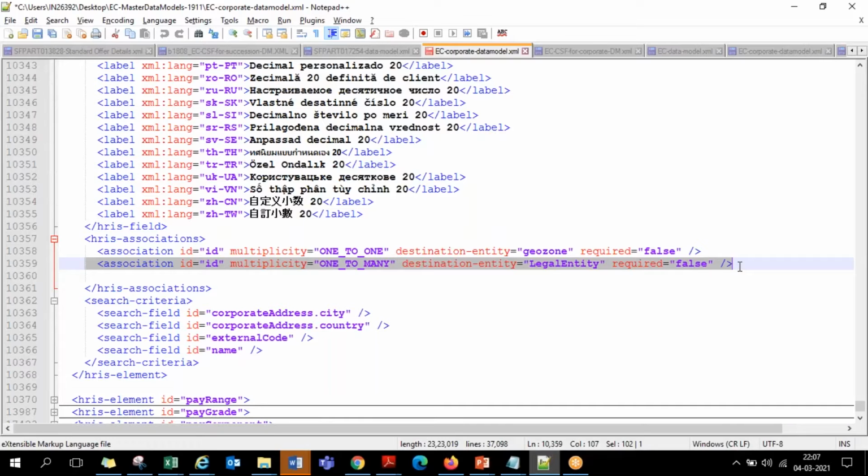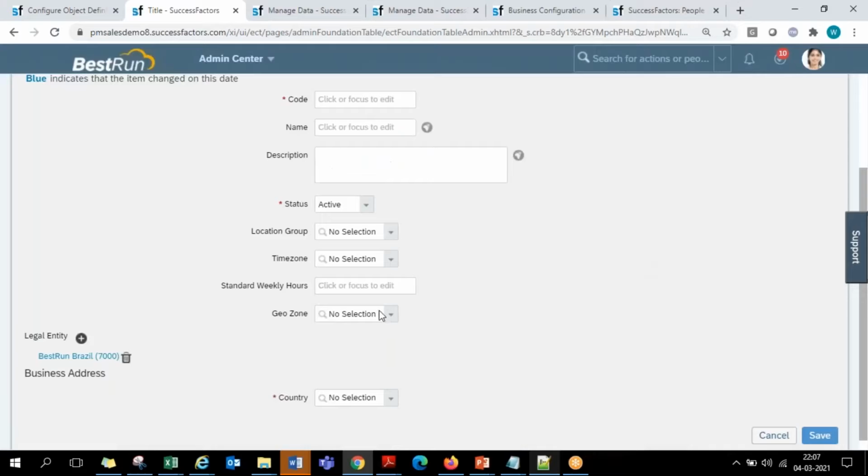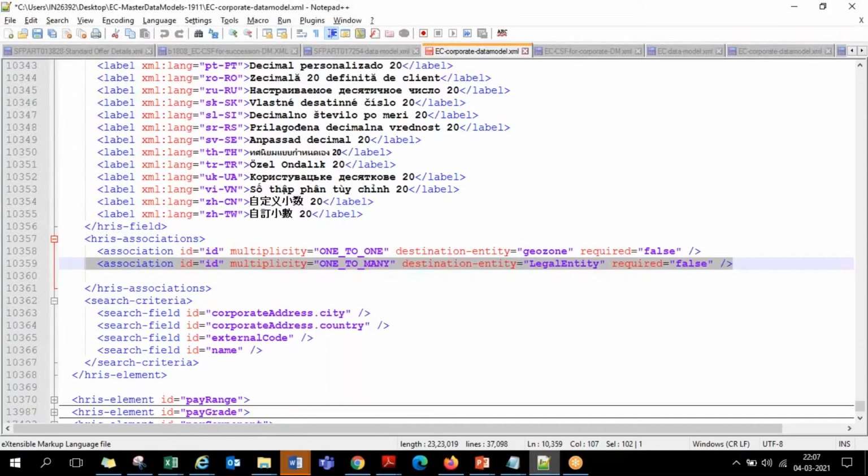Automatically on day one, when you go to this location object, you will start seeing legal entity as an association already. It's not that we as consultants go and do it, it's already coming up automatically. So that is the association between the MDF foundation objects and the normal foundation objects in the corporate data model. These two are also connected, which is pre-delivered.